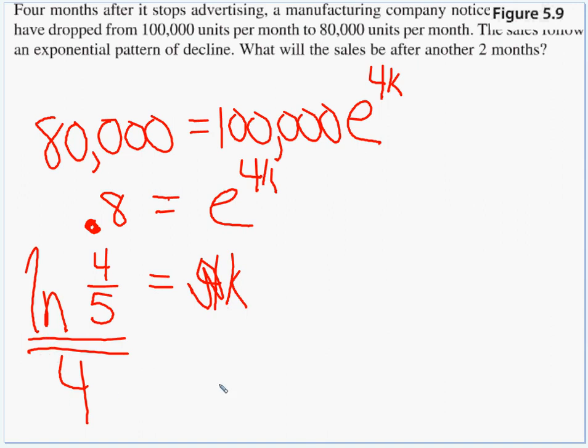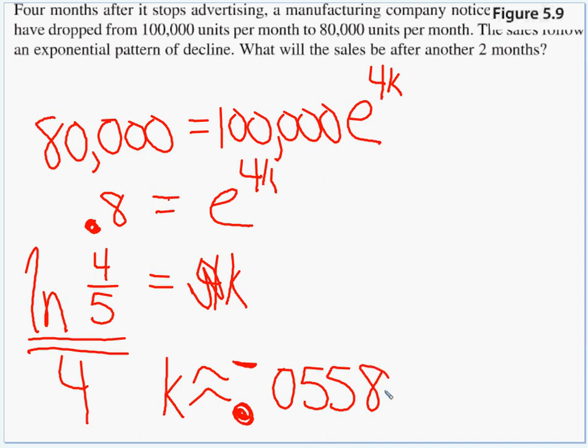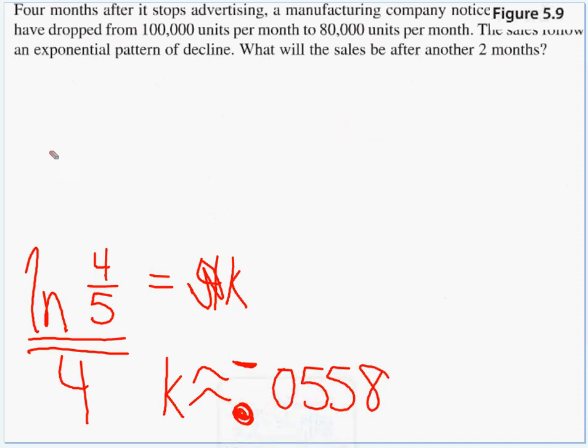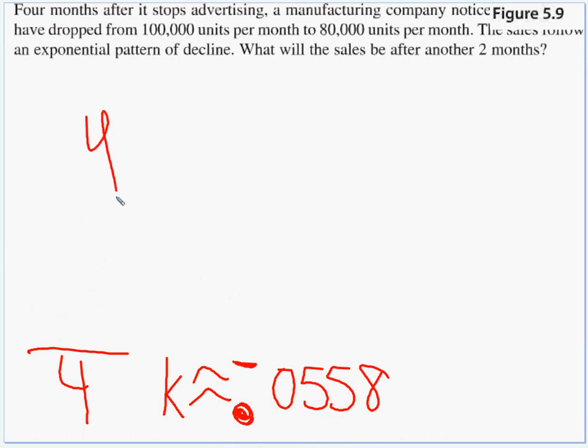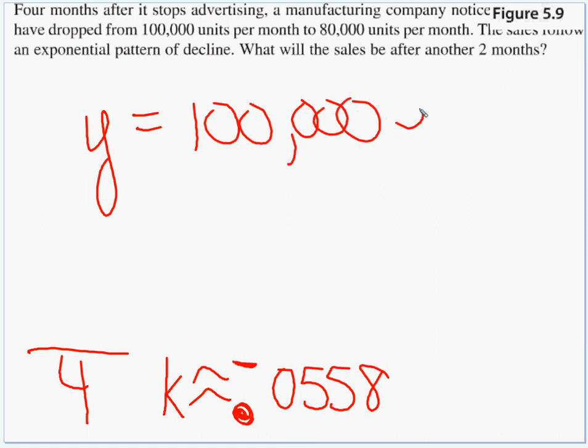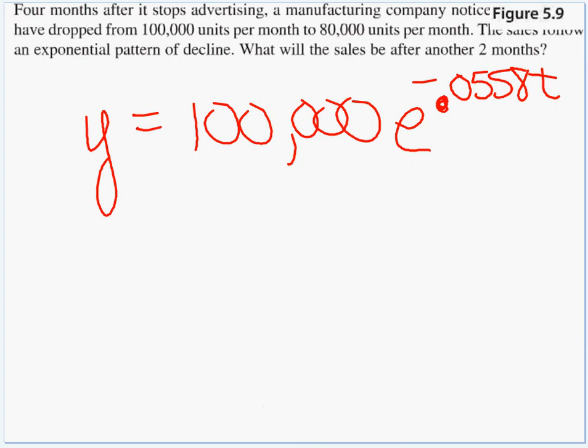And if we turn that into a decimal, k is approximately negative 0.0558. Yeah, we got to have a negative in there. So our model, y equals 100,000 e to the negative 0.0558t. Now again, we want to use our model to predict what's going to happen in 2 more months,